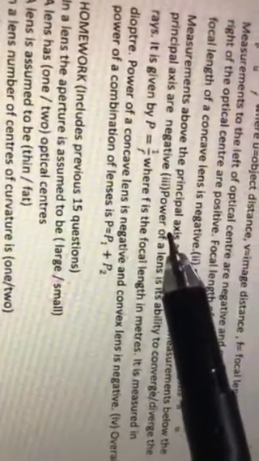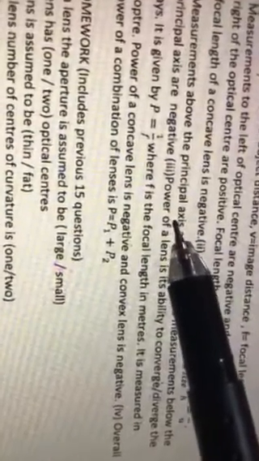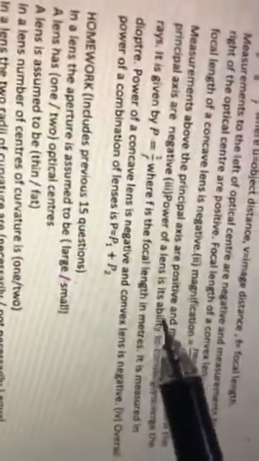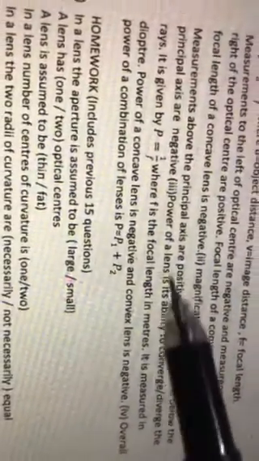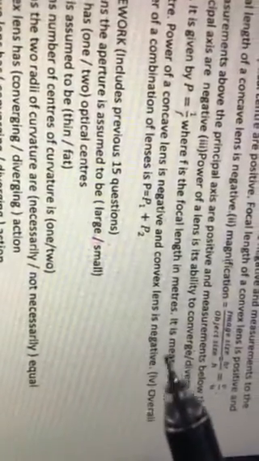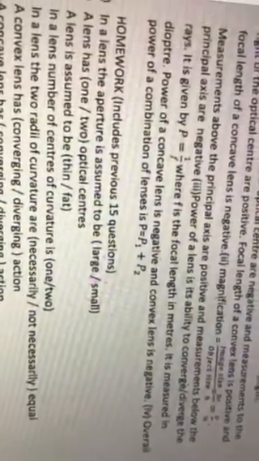Now third thing is the fact that every lens is either converging or diverging. So to what extent can it converge or diverge, that is measured by the power. So power is the ability to converge or diverge the rays. So the formula for power is 1 by F. F is the focal length, but remember F is measured in meters. And after you do 1 by F, the answer that you get, that is measured in diopter, right? And remember, concave lens has negative power, convex lens has positive power.